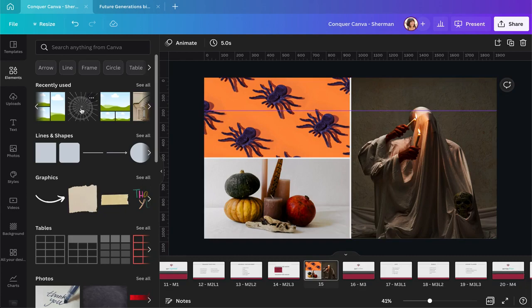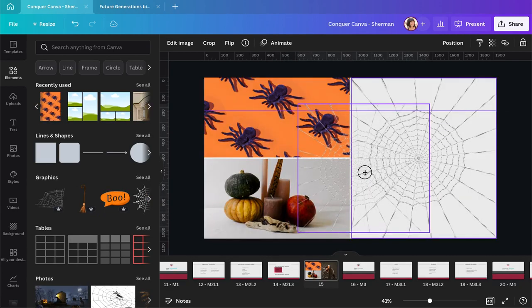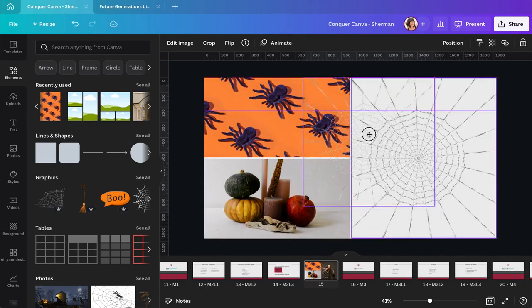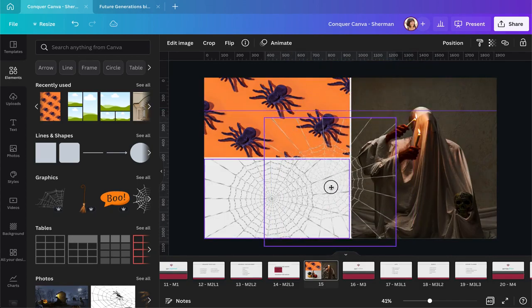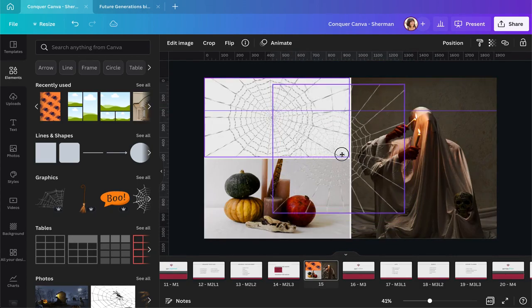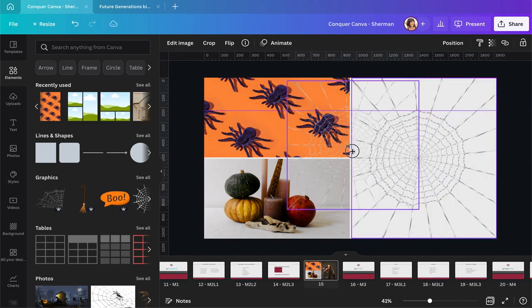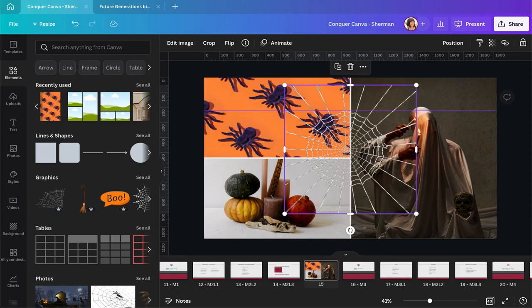for example. So I add my spider web, but when I start moving it around, you can see how Canva just moves it into those photo sections of this grid, replacing the pictures that are in there. Now, I don't really want to do that. I just want the spider web on top of everything. But I can only do that when in between the pictures right here. So to avoid that